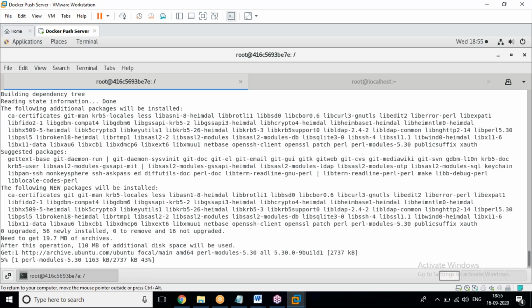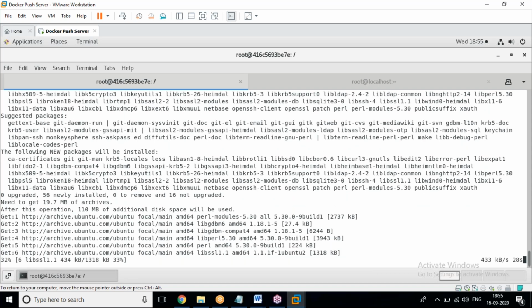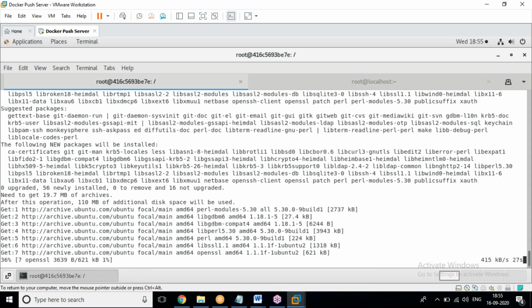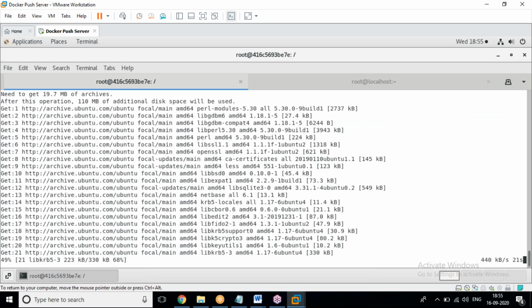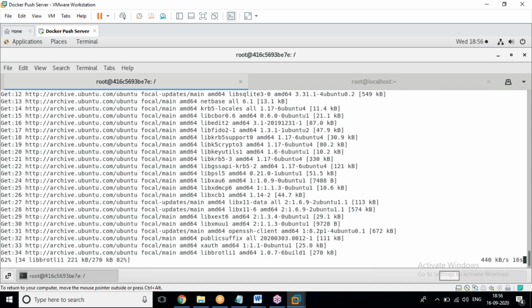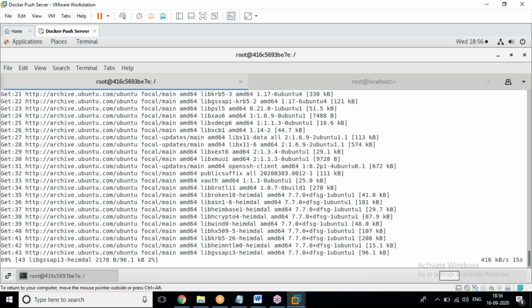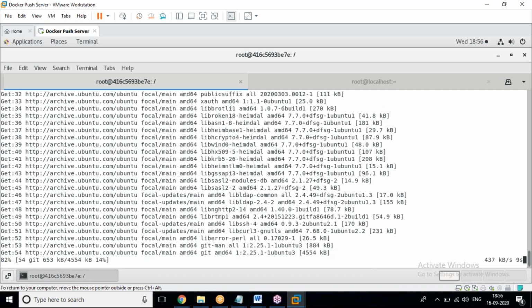This one also takes a matter of seconds or below 1 minute. It will take time whenever you are having high speed internet, because it needs to be downloaded, no? So that reason it completely depends on hardware and the bandwidth speed. These all are the packages going to be downloaded.